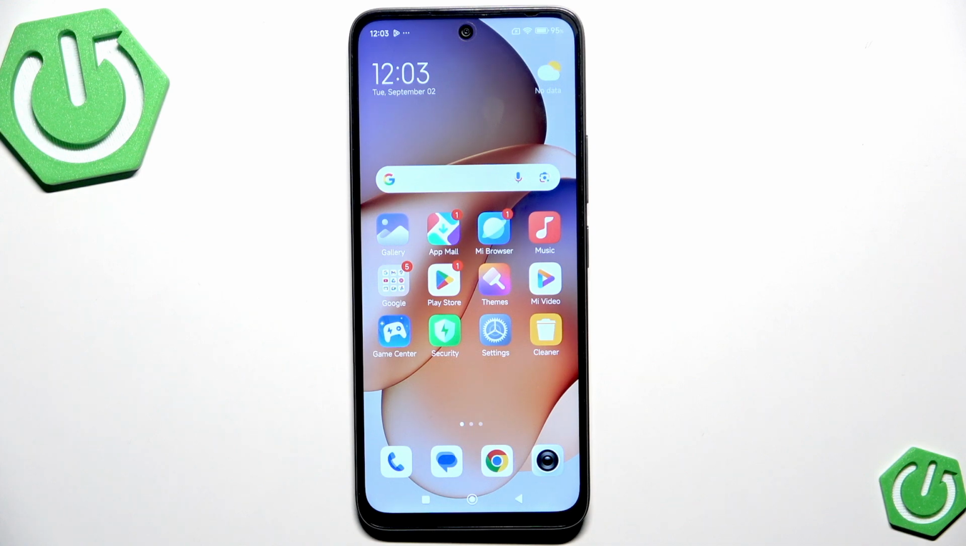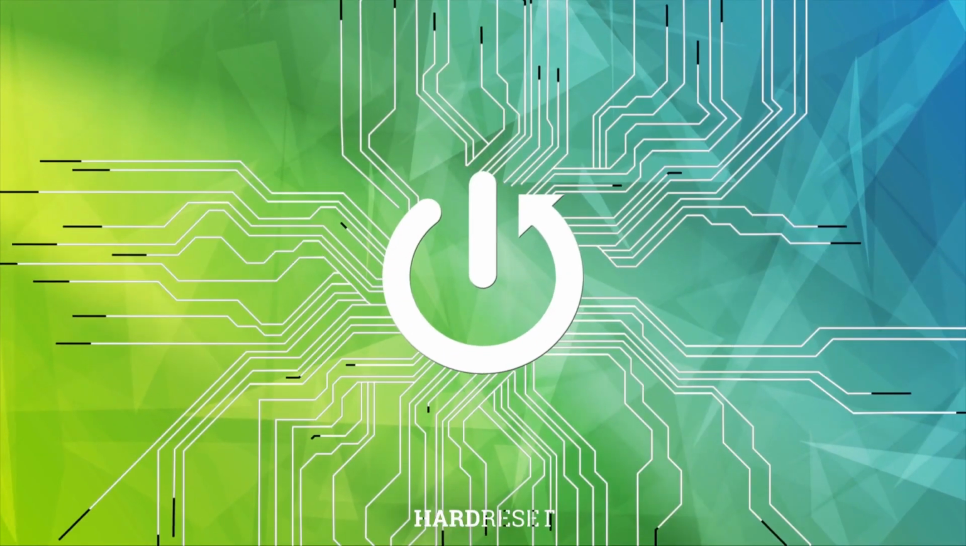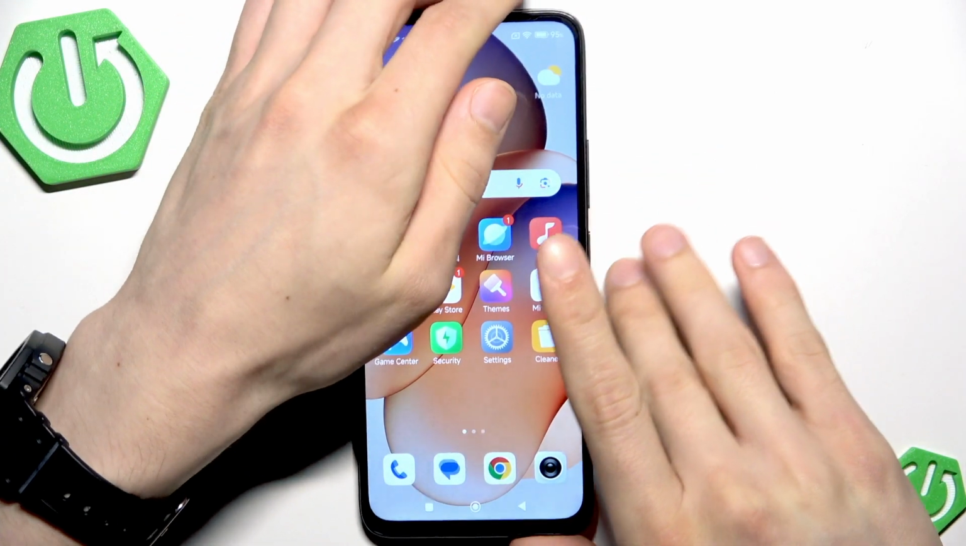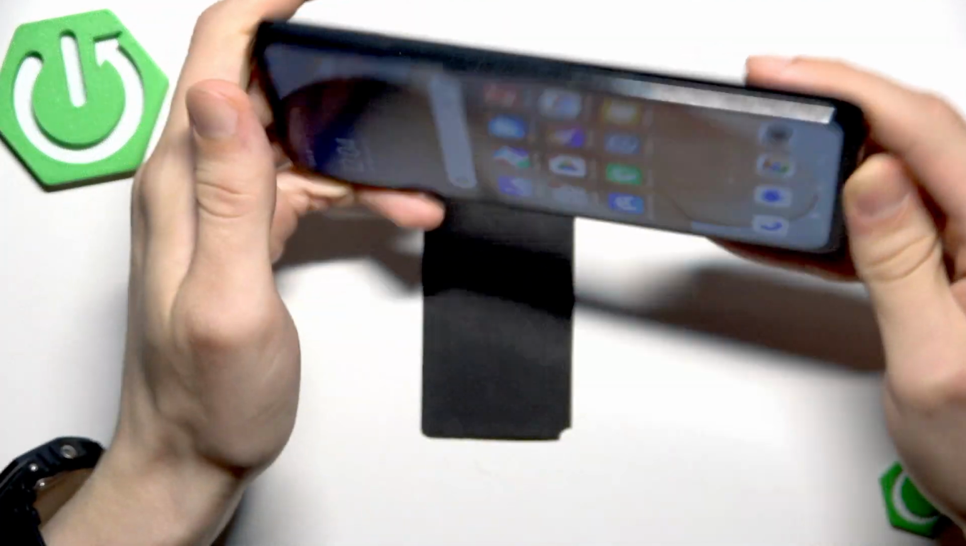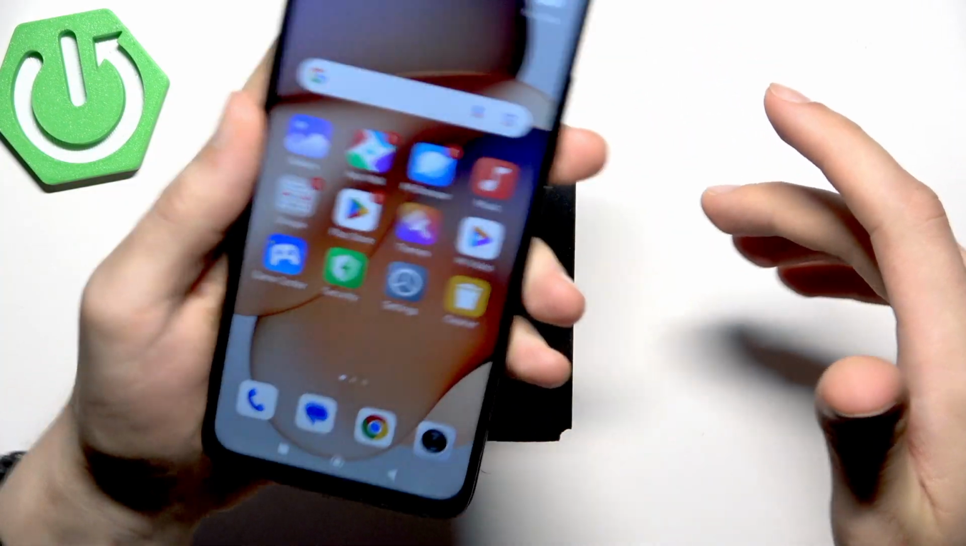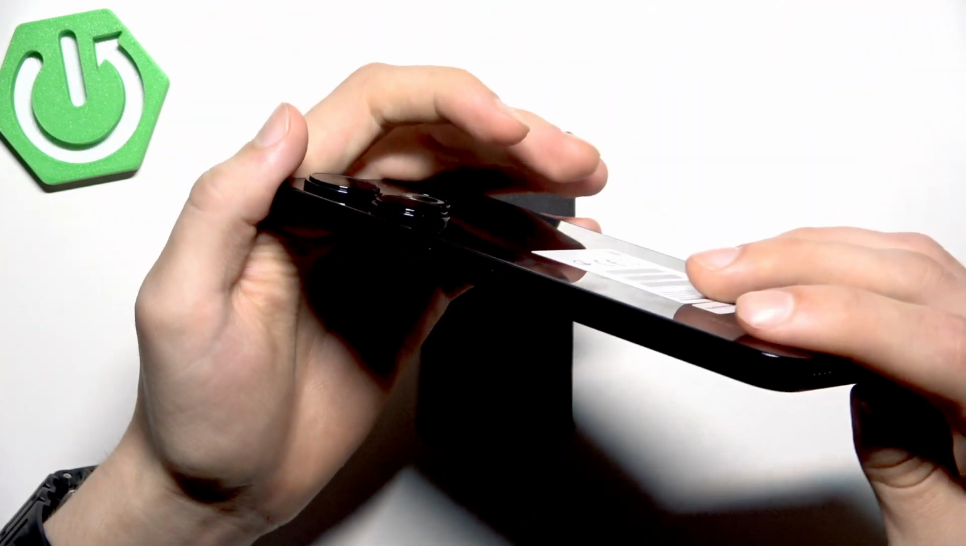Welcome. In front of me is a Xiaomi Redmi 13, and in this video I will show you what to do if your automatic screen rotation isn't working properly on this phone. So first of all, try tilting your phone into different directions and see if this changes anything on your device,